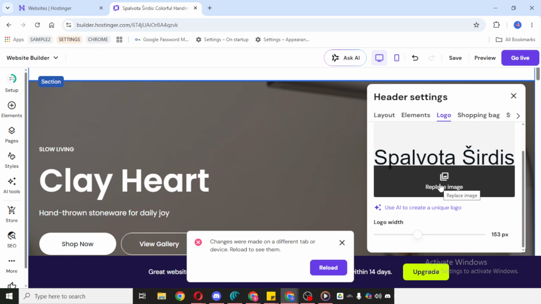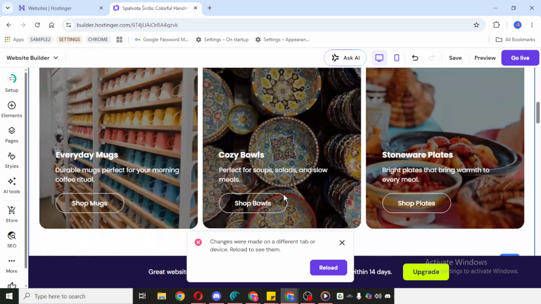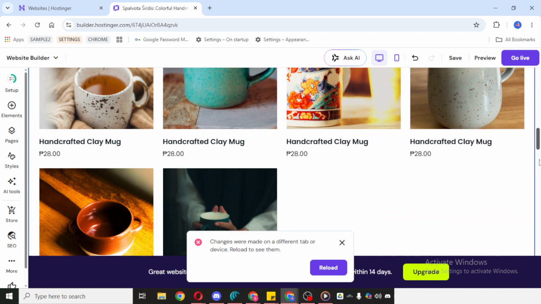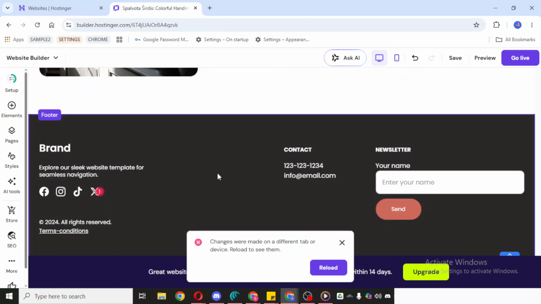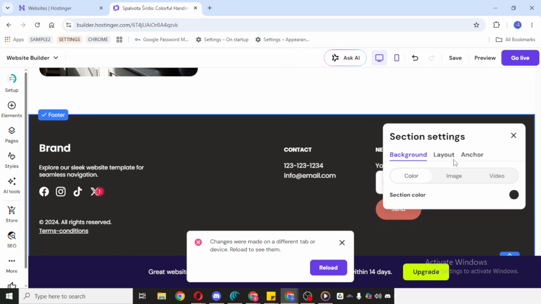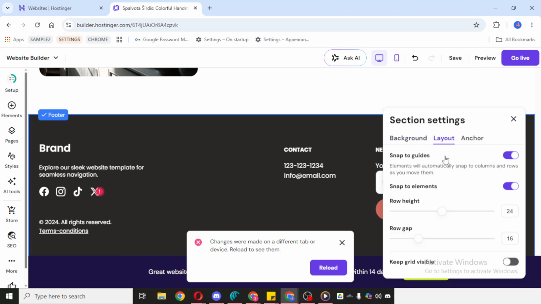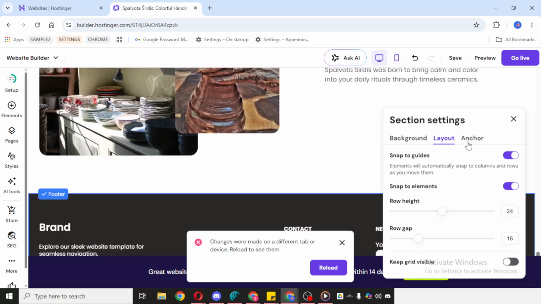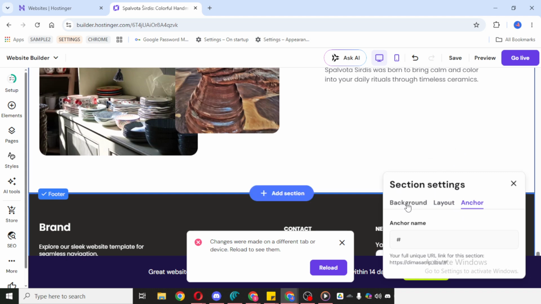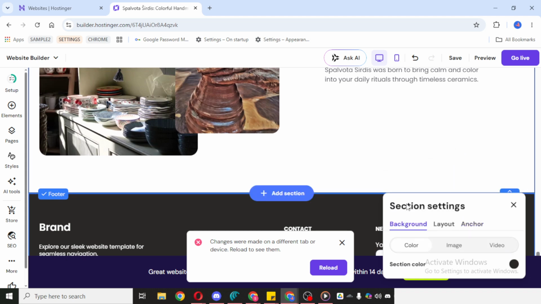Once your header looks the way you want, scroll down to the bottom of the page to work on the footer. Simply click on the footer section and then select Edit Section. Just like with the header, you'll be able to customize everything in this area. This is a great place to refine the layout, update the styling, and make sure the footer matches the rest of your website design. As you customize the footer, focus on keeping it organized and easy to read. Since the footer often contains helpful site-wide information, a simple and consistent design usually works best.